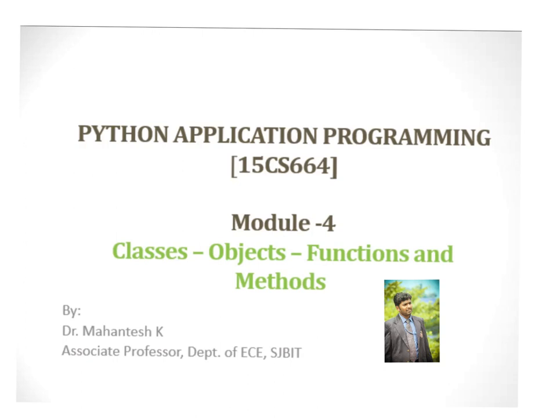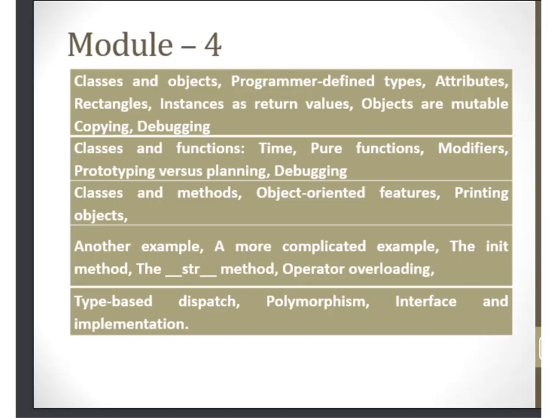In this module, we are going to learn about classes, objects, functions and methods. In classes and objects, we are going to see what is the basic structure of a class, what are the program defined types, attributes, rectangles. We create rectangle instances as return values, objects, copying and debugging. Classes and functions, we try to relate classes and functions. We try to create classes and methods, and a couple of examples where we are going to have a look at